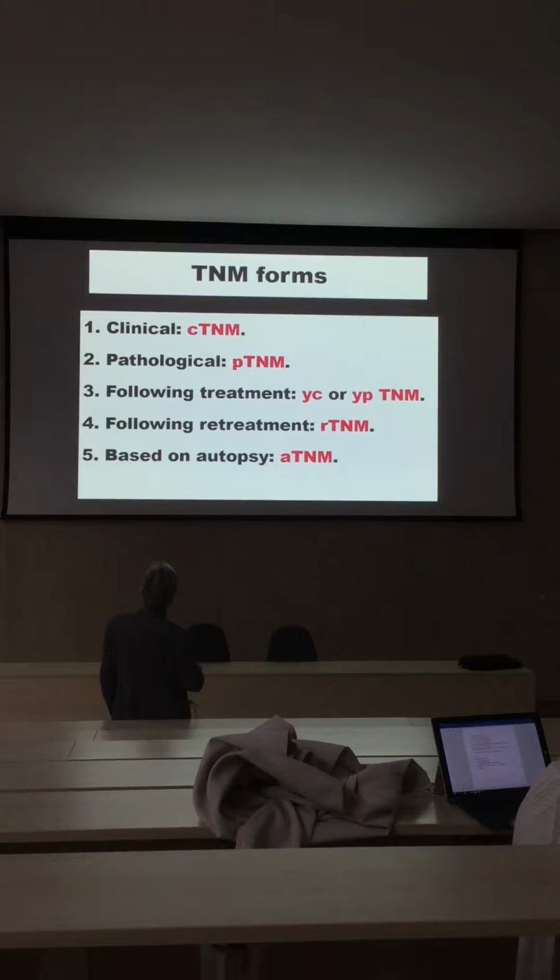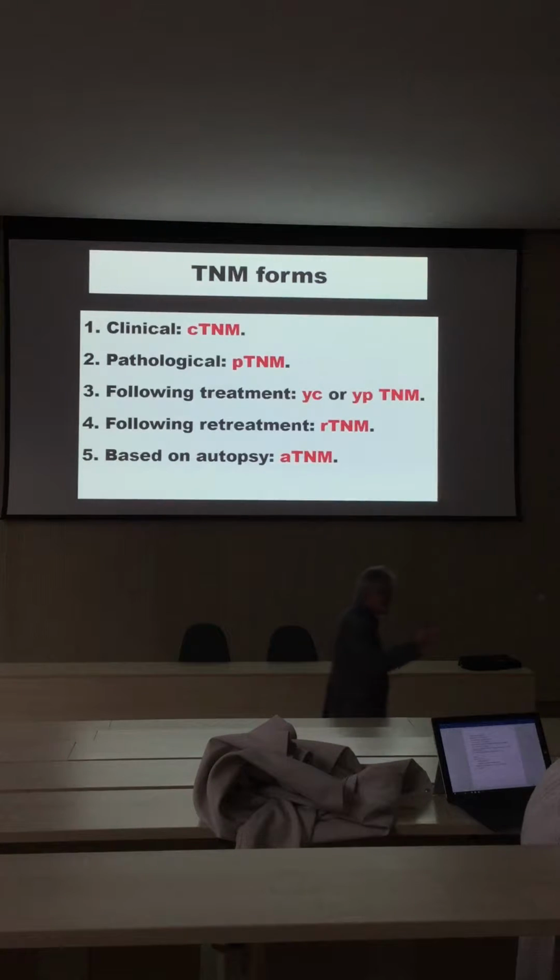so there is a cTNM, a pTNM, there is a TNM after treatment, both referring to the clinical and the pathological TNM system. There is a different separate TNM numerical value if the patient had been treated by surgery, chemotherapy, or radiation, or a combination thereof. So there is an rTNM, and of course the most precise is an autopsy TNM